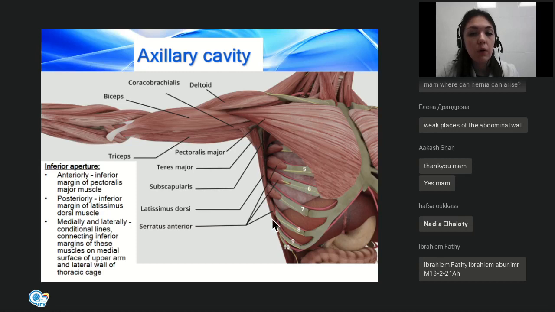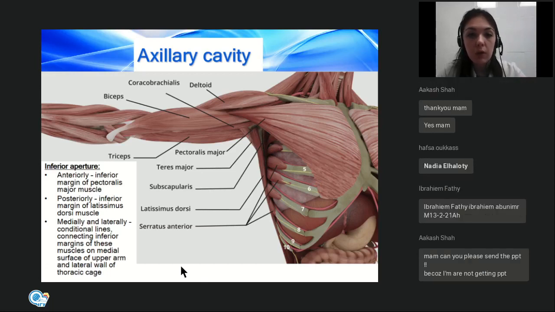Posteriorly, it is the inferior margin of the latissimus dorsi muscle, and medially and laterally, these are conditional lines connecting the inferior margins of these muscles on the medial surface of the upper arm and the lateral wall of the thoracic cage. So this is the inferior aperture. It is very important because we will use all of these topographic structures when we study vessels and nerves. For example, the inferior axillary aperture